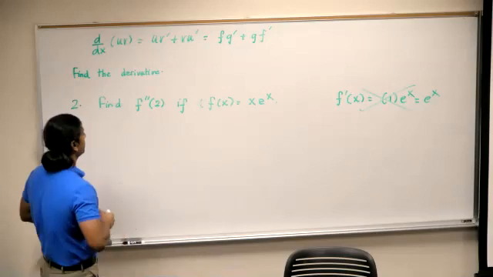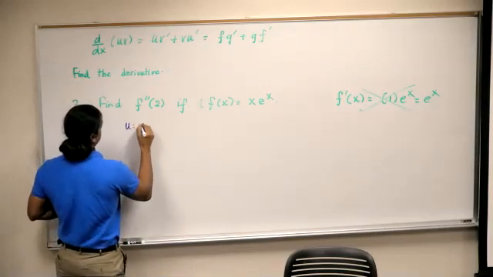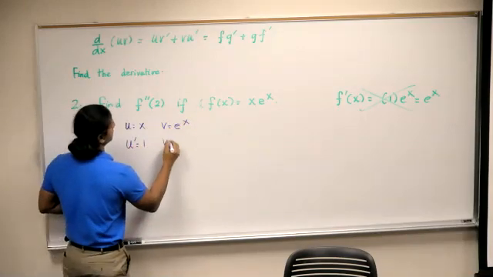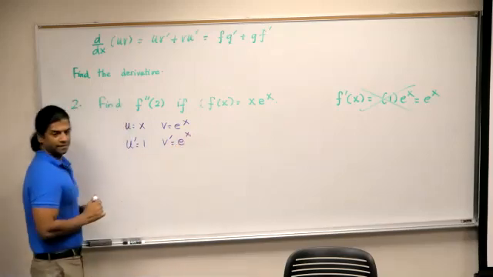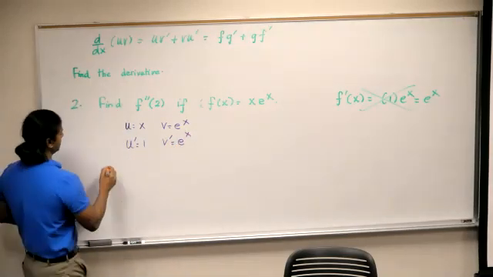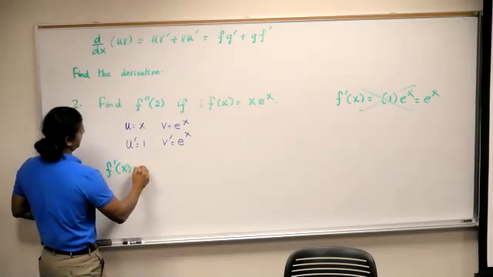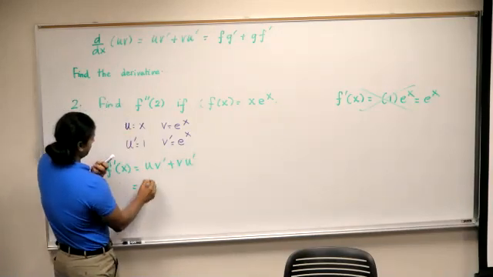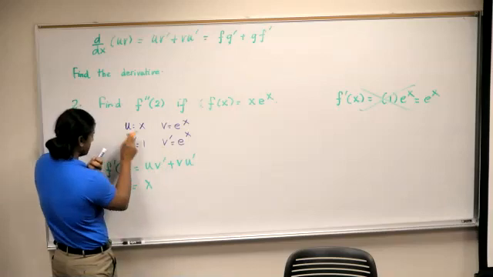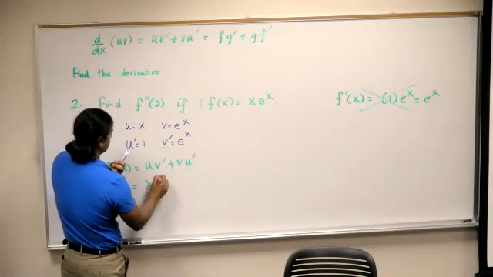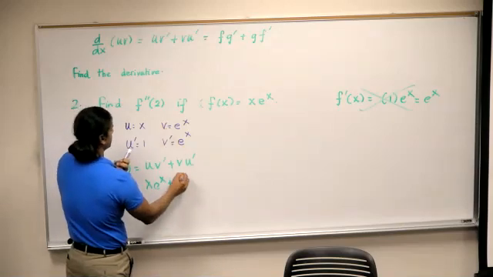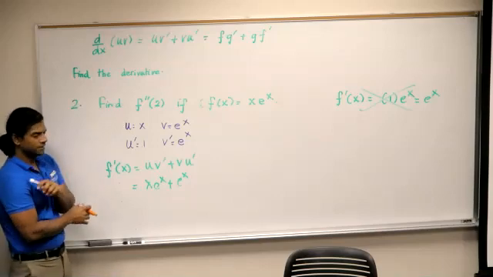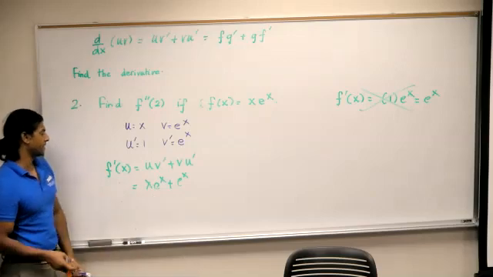So u is x, and v is e raised x. u prime is 1, v prime is e raised x. What is the first derivative? u v prime plus v u prime. u is x, v prime is e raised x, v is e raised x, u prime is 1. Good. Now, sure, I can find the derivative using this, but